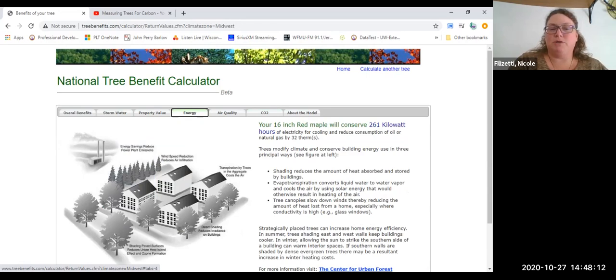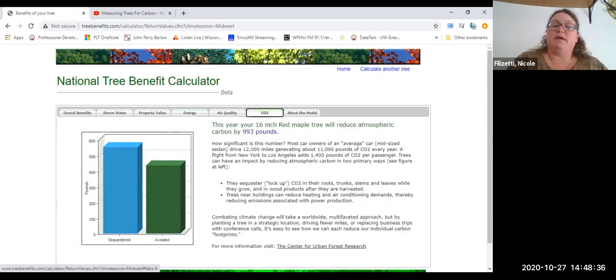it offers shade to those buildings, so it reduces the amount of cooling we have to do in the summer, but it also blocks wind, so it reduces the amount of heating we have to do in the winter. So that's where some of that carbon is being saved. So we're not releasing as much because we're not having to heat or cool as much. That's a good part of why this number is higher. So it's just another interesting way of thinking about the role that trees play in climate change. Not only are we actually storing carbon, but we're also reducing how much we emit through the activities that we do.